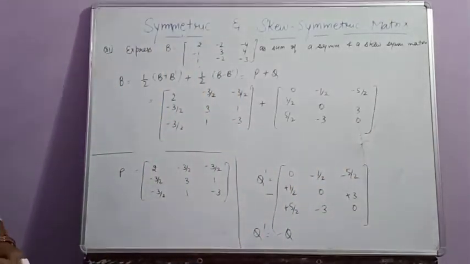So B can be written as sum of symmetric and skew symmetric matrix. We can note down